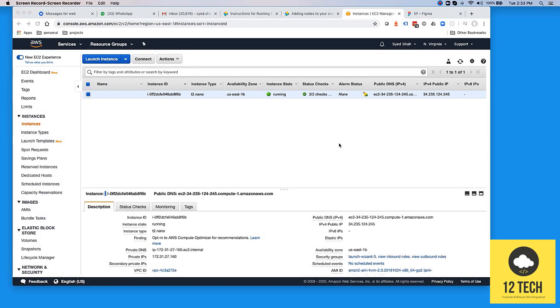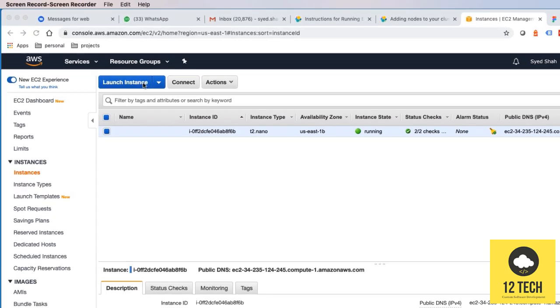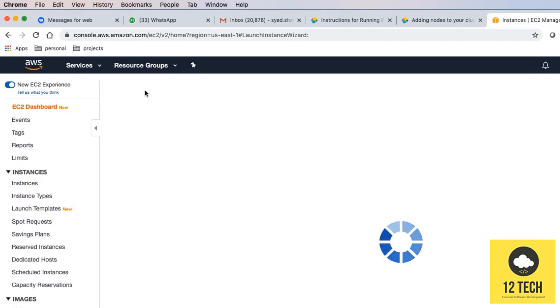Today, I'm gonna go over how you can create an Elasticsearch cluster on Amazon EC2 instances. So first thing, of course, is to bring up the EC2 instances. So that's what we're gonna do right now. So go to Launch Instance,